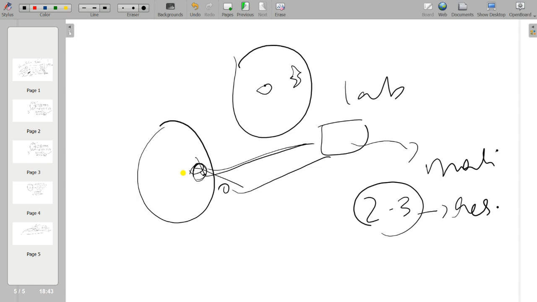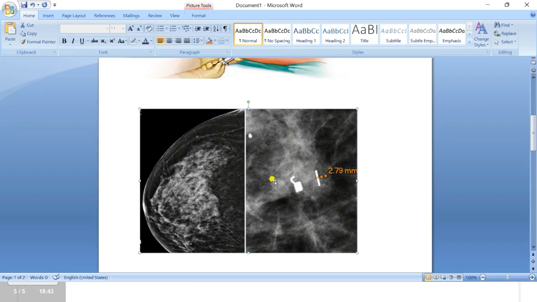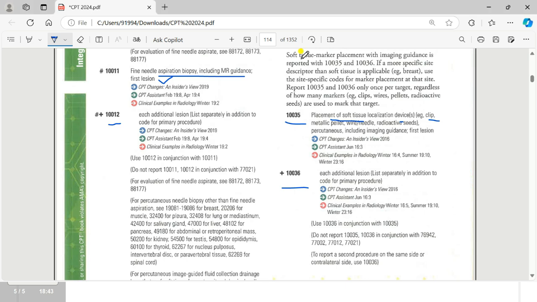In order to know the exact location of the tumor, they will place the clips. That is the purpose of placing the clips.